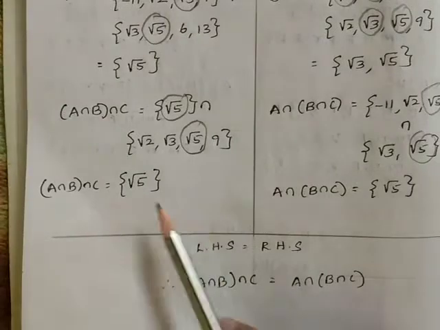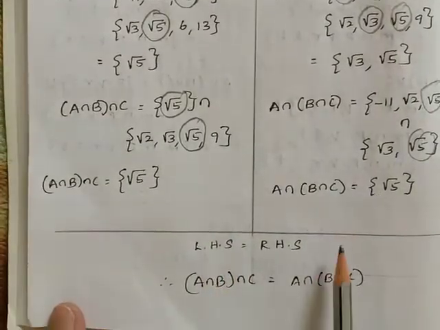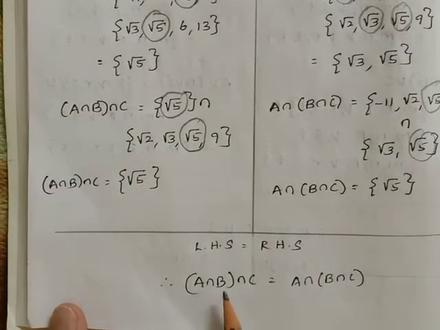When we compare the left hand side and right hand side, both are equal. Therefore, we have proved the associative property of intersection